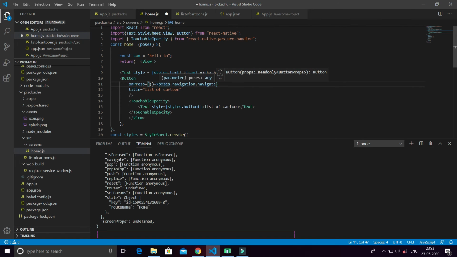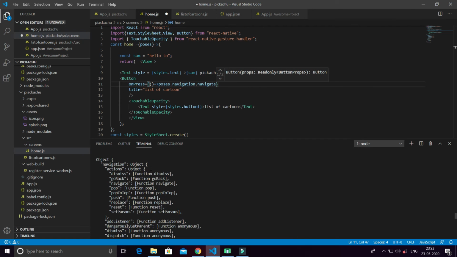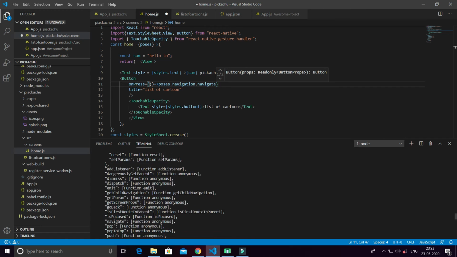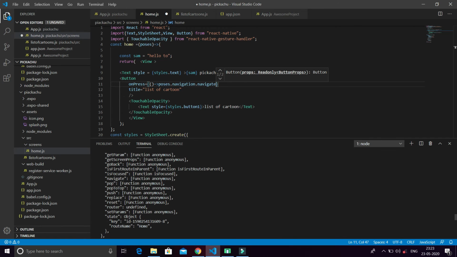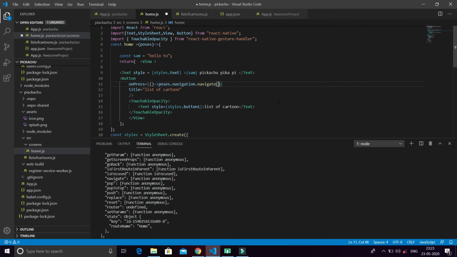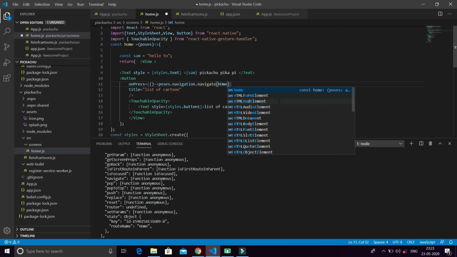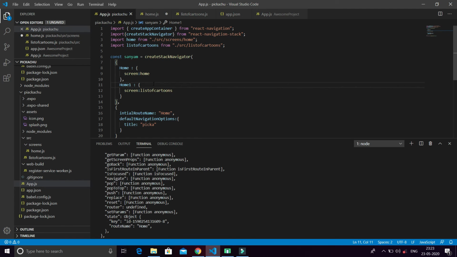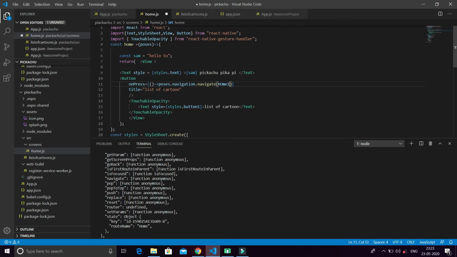We are going to props, where there is an object navigation, and in the navigation we are going to navigate. Then we have to write where to navigate. We have to navigate to home one, which I showed in this video. This is the screen. So I just press Ctrl S and you can see the magic.